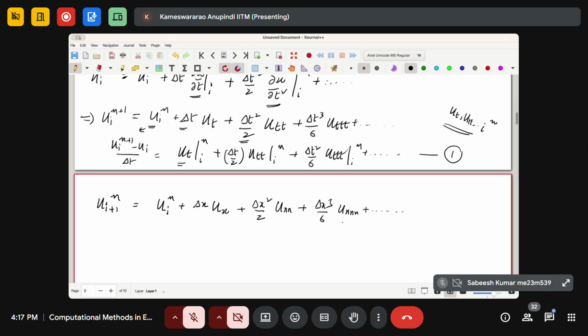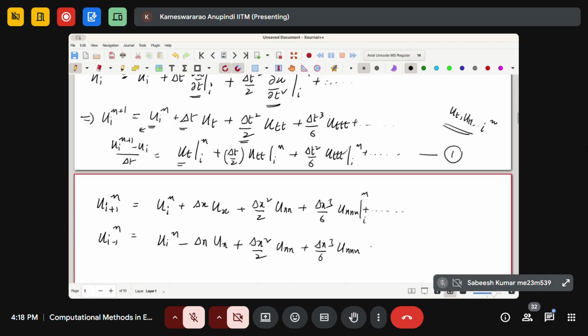So essentially now what we have is, and of course, again, these are all at i comma n. Okay, that's what we have. Similarly, I can also write u at i minus 1, n. That is going to give me u_i^n plus, sorry, because this is minus, we're going to get the odd terms as minus and the even terms as plus: delta x squared by 2 u sub double x, delta x cubed by 6 u